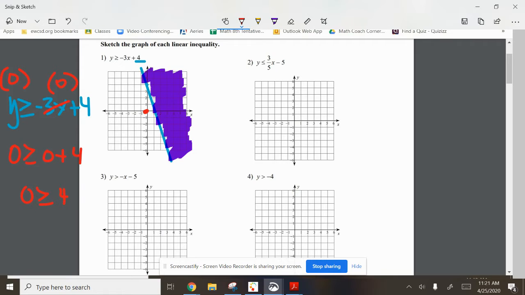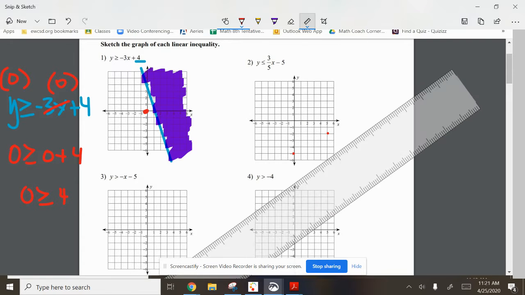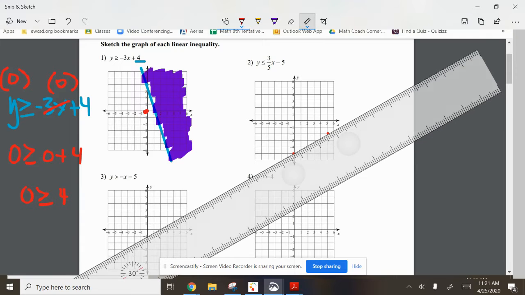I'm going to graph this one. I'm going to start at negative 5. I'm going to go up 3. 1, 2, 3 over 5. 1, 2, 3, 4, 5. Okay. Now from here, I am going to draw my line again. And what's nice is, again, it's going to be a solid line. All right. And am I going to be shading